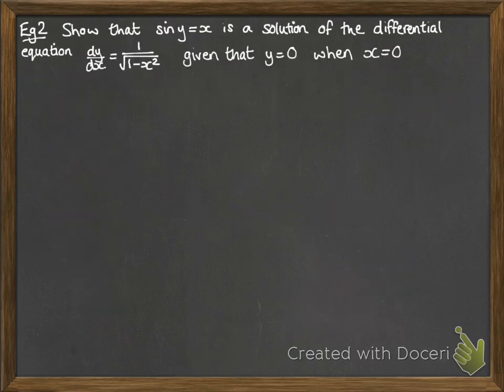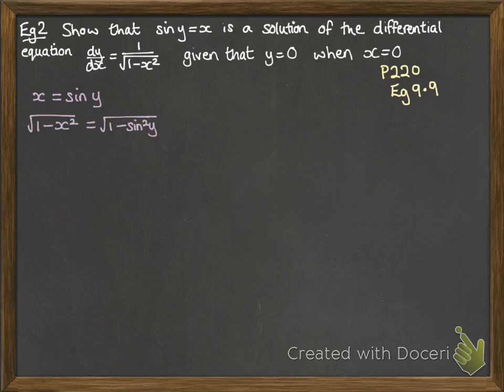Okay, next example. Show that sine y is equal to x is a solution of the differential equation, that one there, given that y equals 0 when x equals 0. Now this one is taken from page 220 of your yellow textbook, which is done in a slightly different way if you want to see two ways to do this equation. So x is equal to sine y,